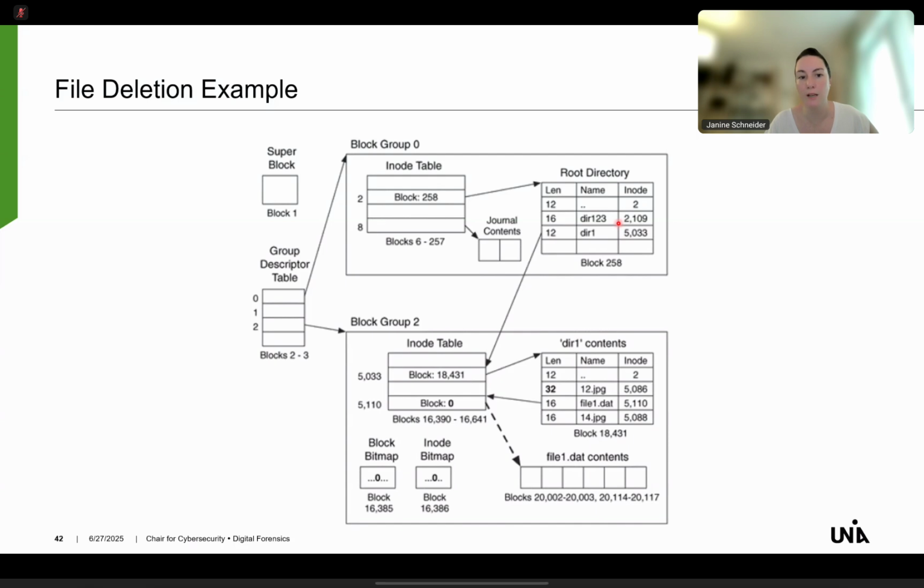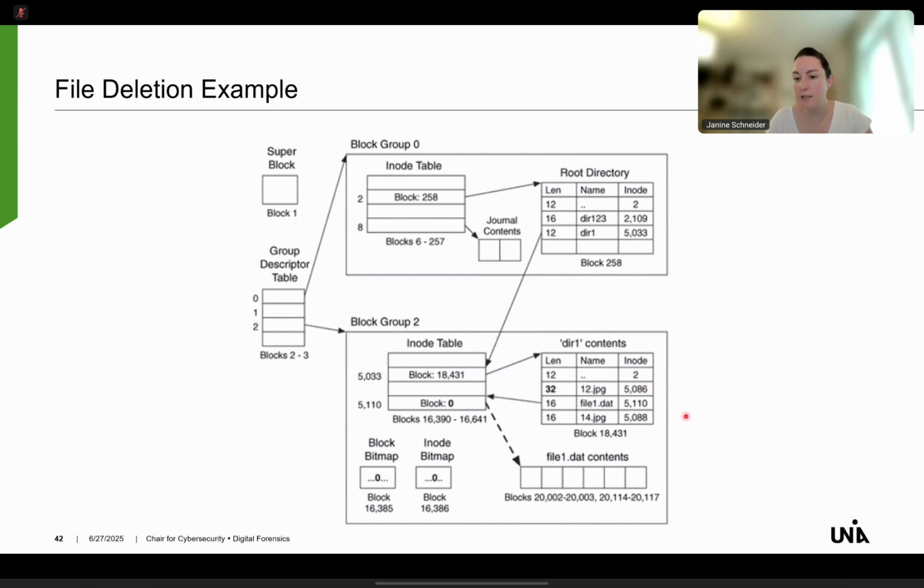So now we want to delete file1.dat that we just created a few seconds ago. So we basically have to do the same thing: superblock, group descriptor table, root directory, dir number 1, find the contents of dir number 1,